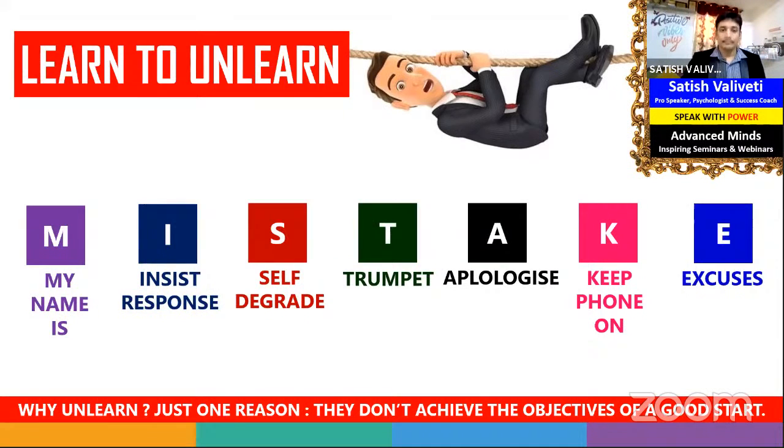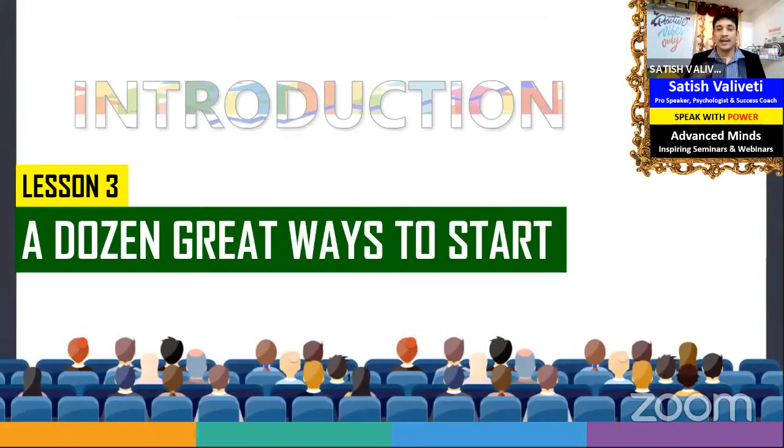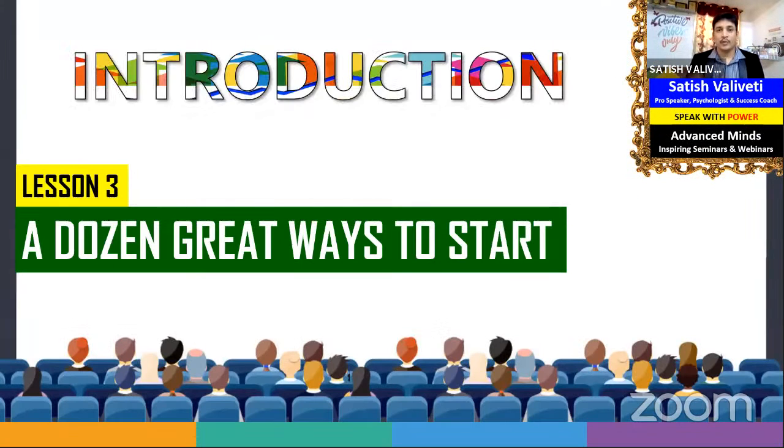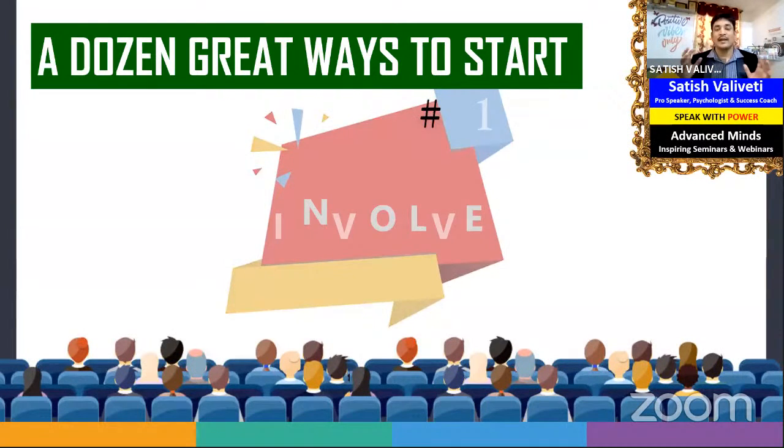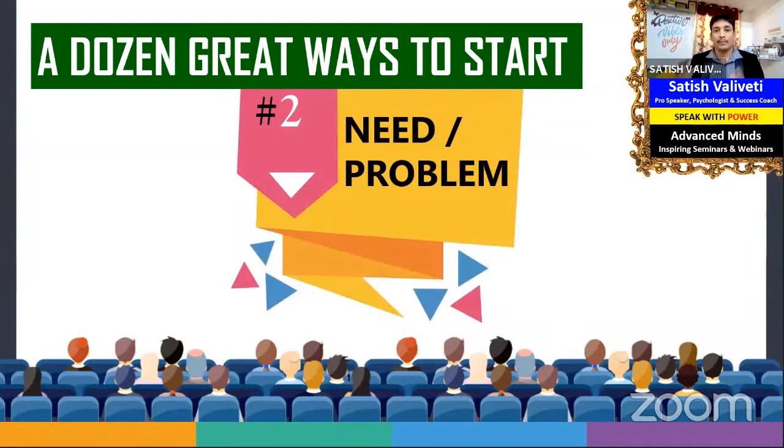So what to do then? We started learning 12 great ways. If I remember, out of 12, we're done with 5 already. Yes, friends? Good. So let's quickly look at those 5 and then continue with the remaining today. The first thing is, one of the best ways to start is to involve your audience. Make them shout, clap, shake hands, jump, do anything. But please make sure you involve them as much as possible, preferably physically, because that way you can grab their attention very fast, right?